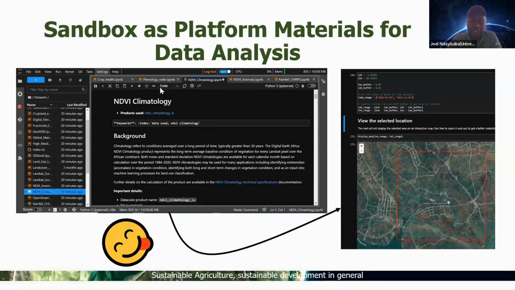So you can get in and use Digital Earth Africa to analyze that amount of information and get results to be used. You can use it in your report, your scientific report, your paper, even your academic dissertation, and you can use it to inform decision makers. You can use this information at different scales.